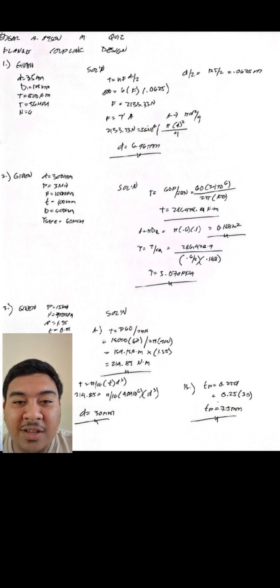So the solution: given our shaft diameter, which is 300 mm, power of 3 megawatts, speed of 100 RPM, flange thickness of 100 mm, hub diameter of 600 mm, and the safe shear stress equal to 60 MPa. First, we compute the transmitted torque using the formula torque is equal to 60 times power over 2 pi N. By substituting the values, 60 times 3 times 10 to the power of 6 over 2 pi times 100. So the torque becomes